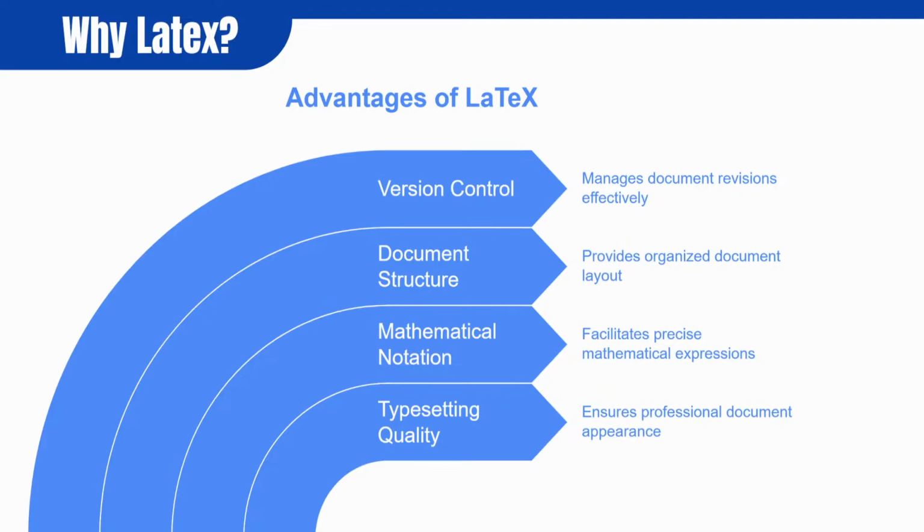Now, what is the role of generative AI? This is again a very important question to discuss. When paired with a generative AI tool like ChatGPT, these capabilities are taken even further. AI can assist with content creation, language refinement, proofreading, and even generating LaTeX code. With the help of generative AI, we can create the LaTeX code, and I will demonstrate everything during the session also, making the documentation process smarter and more efficient.